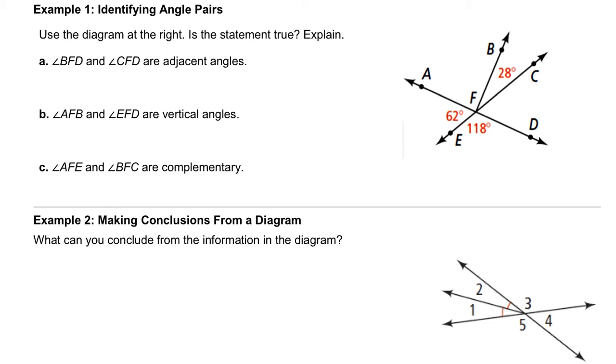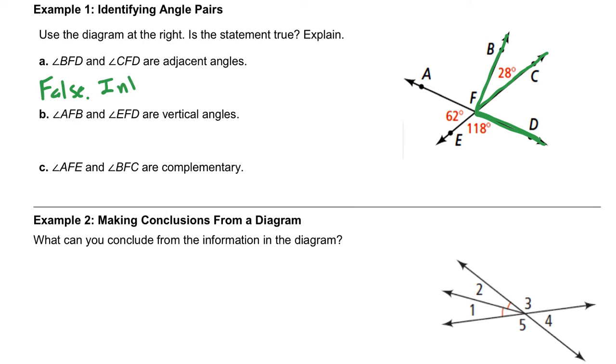And I'm going to use my pen to kind of trace the angles so that we can understand what's what. So BFD is this angle right here. Okay, that's BFD. CFD is this angle right here. Now, the thing about these two angles, I get that they do share a vertex. They do technically share a side, but their interiors overlap. So I would say that is false